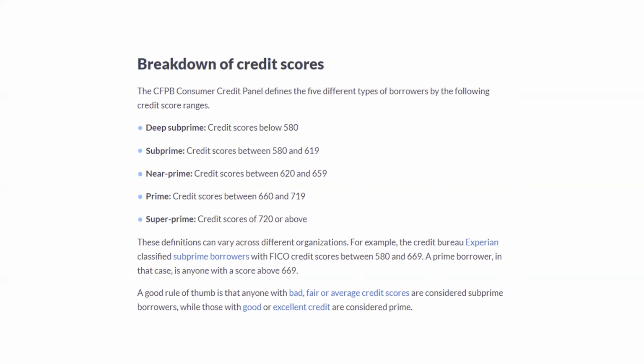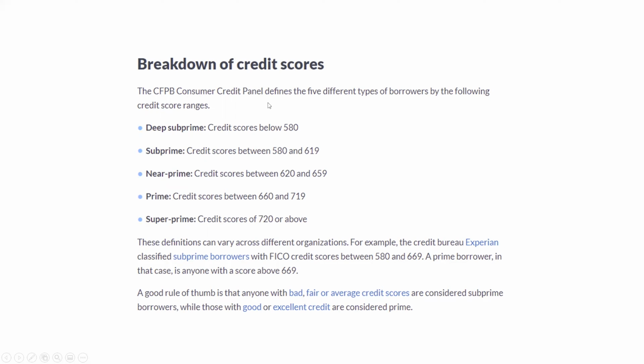Okay, so I'm not from the US, so if whatever I'm saying is not correct, please do let me know in the comments below, and I will rectify it. All right, I'm also learning, so if I give any wrong information about these credit scores, please let me know. So basically, if I'm not wrong, in the US every person has this thing called a credit score, and the CFPB, which is the Consumer Credit Panel,